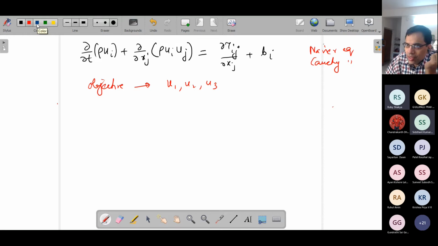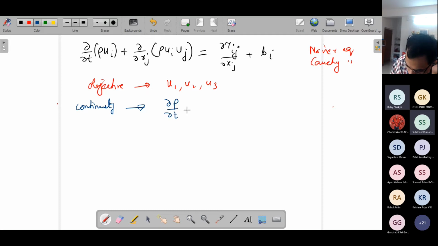We also have another equation, which is the continuity equation, and we should not forget that, because that is also involving the fluid flow field. So this is the divergence of rho into V that I have written in the index notation. So this is the continuity equation. So these two equations that we have.